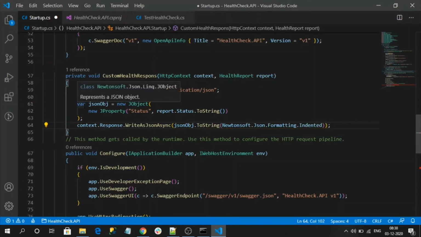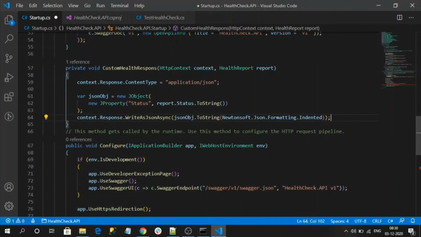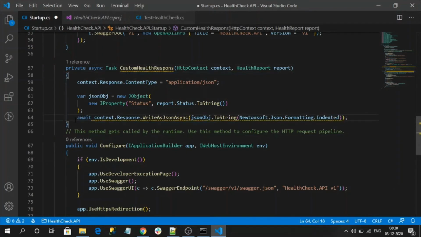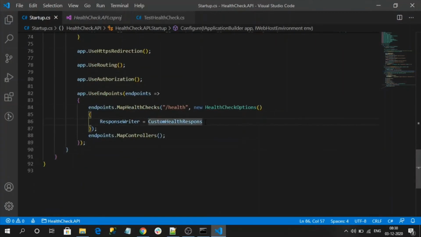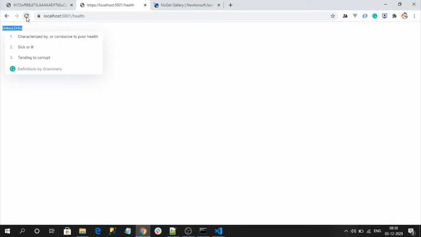So this is my basic implementation of my return type. It is async, right? Let me make it an async Task and await it. Now no error. Let's save and check our response data.